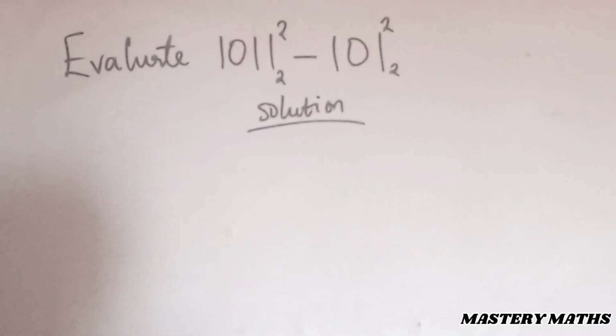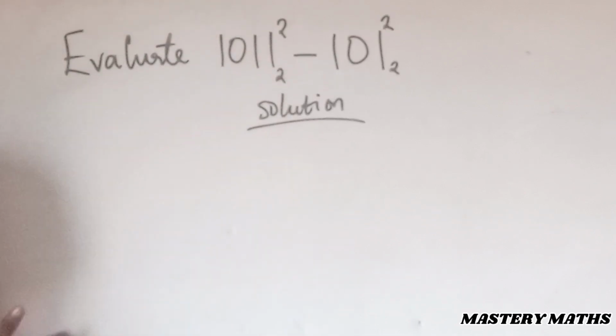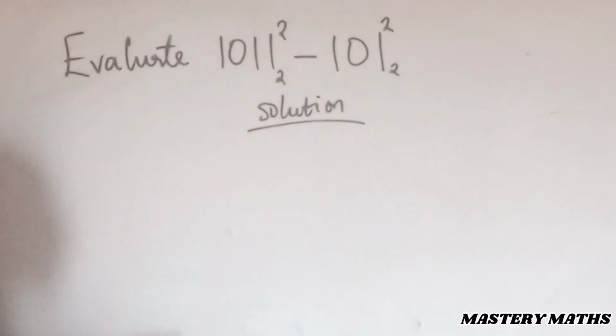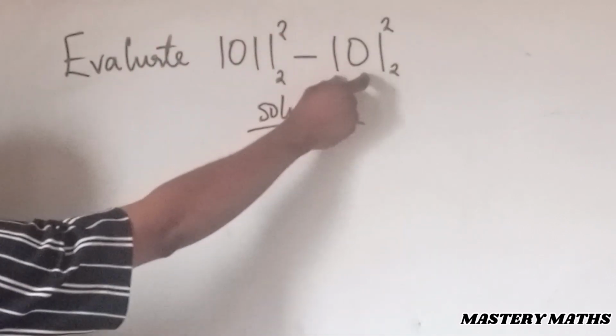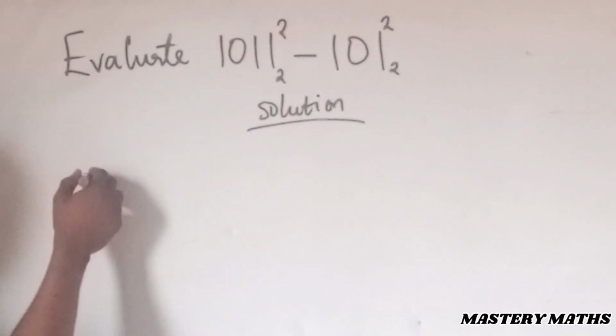First of all, we need to multiply this by itself to get the given value. We multiply this by itself to get its value. Then the value of this after being multiplied will be subtracted from the value of this after being multiplied. Now let's multiply them. First of all, we say